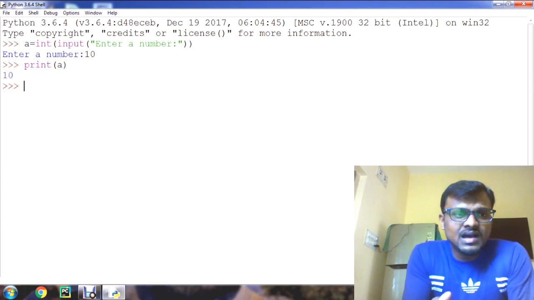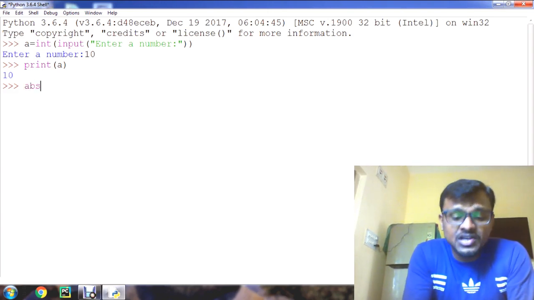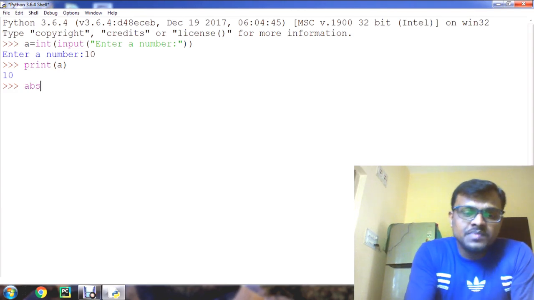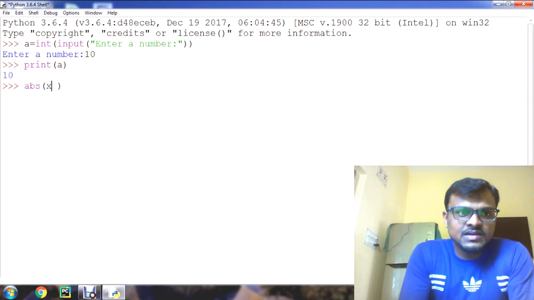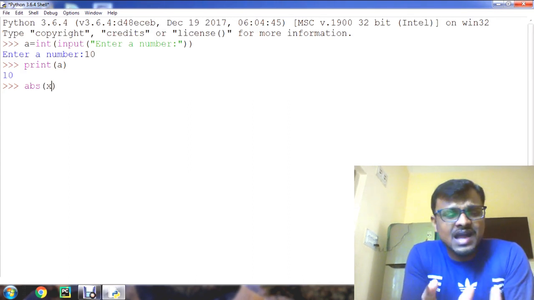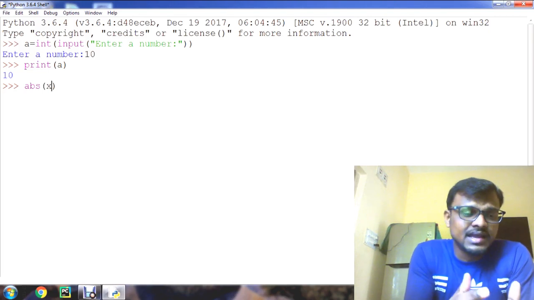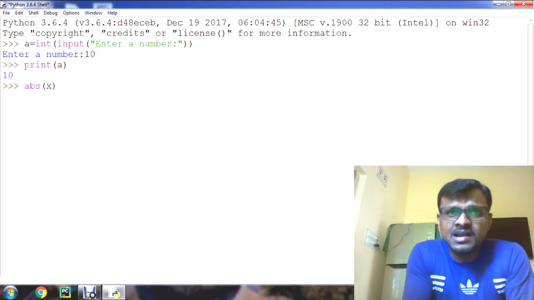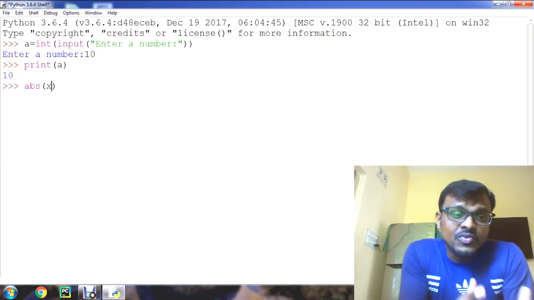So first I will go with the abs function, that means the absolute function. For example, if I give x, absolute of x, that x may be an integer or floating point number. It may take an integer or floating point number as an argument, and it is going to return the absolute value of x.